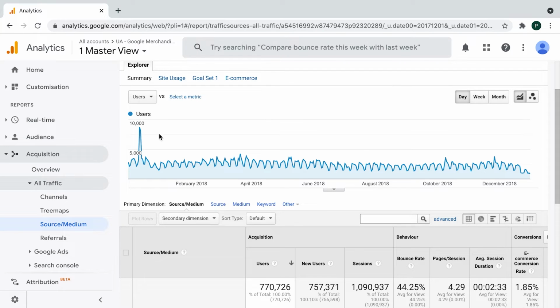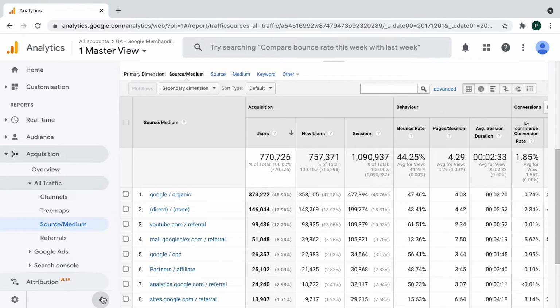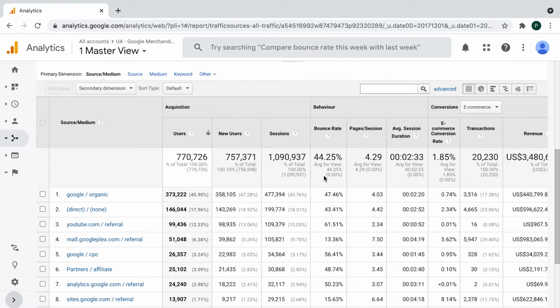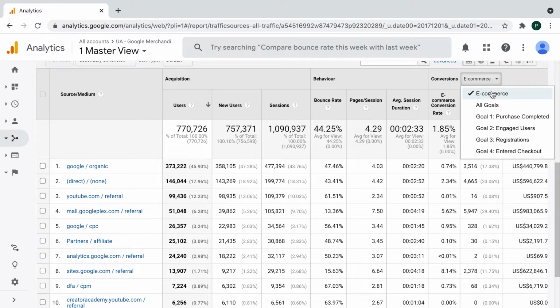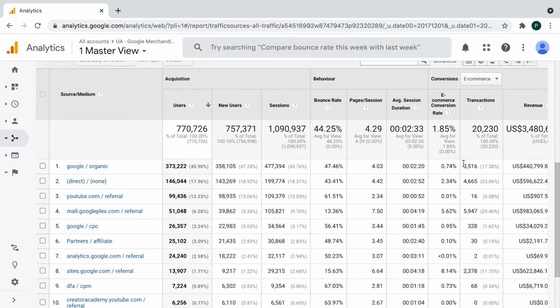Here we are in the report Acquisition, All Traffic, and Source/Medium. The report we are all very familiar with. I will minimize the left bar, and now let's have a look at the numbers we see here. Let's focus on the very right side, which is about conversions, and I have selected here only e-commerce, which means transactions. All the transaction volume for every channel we see here, which is for example 3,500 for Google Organic, are